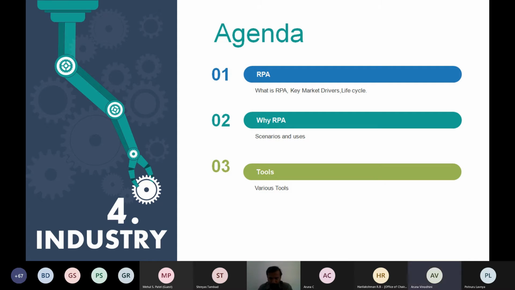There are various tools available; we'll just list them out. In the second session, we'll try to install UiPath, one of the tools available. In the coming days, we'll be programming UiPath and getting familiarized with the UiPath environment. And at the end of day 4, I'm sure that you'll be able to develop your own robots, your own projects.